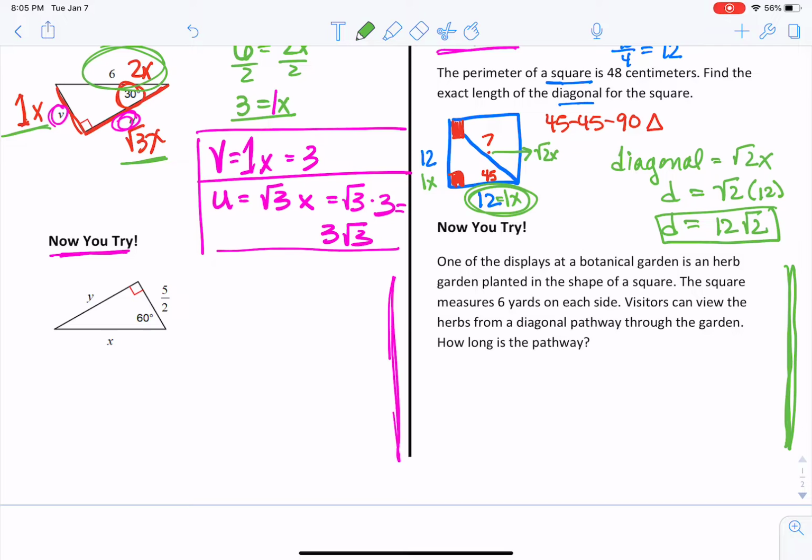So follow the steps. Draw the triangle as needed, or the diagram as needed. Determine whether you're going to use the 30, 60, 90 or the 45, 45. Set up your equation, just like I've done in the 3 examples. Solve the equation, substitute for whichever side you need, and you're done. I will go over this again in class on Thursday before we do an activity that reinforces what we've done